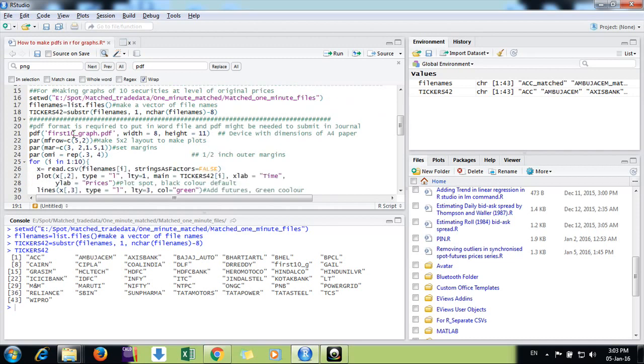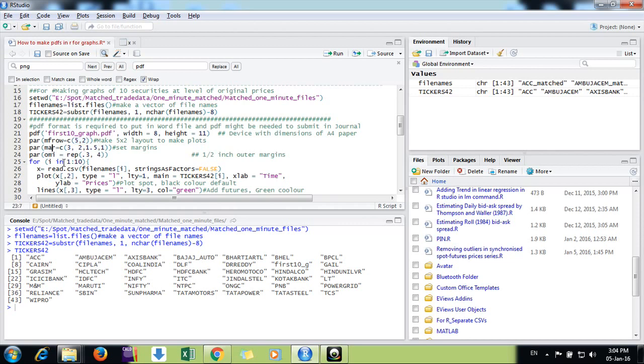So now we start the task of this video: how to make a PDF of these 10 firms on a single page. So I'm using the PDF function, and then this is my output file name, A4 size dimension. I need to mention the width and height of the page in inches. It can be customized. Then what should be the window of that PDF, like how many rows and columns there are for images. So 5 by 2 I have taken. You can take anything you want. So I have 10 firms, so I want to use 5 by 2, like 5 rows and 2 columns.